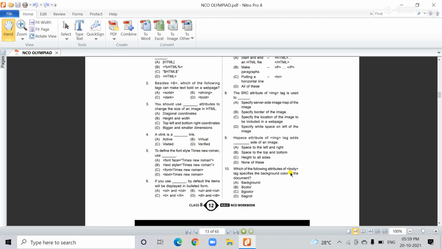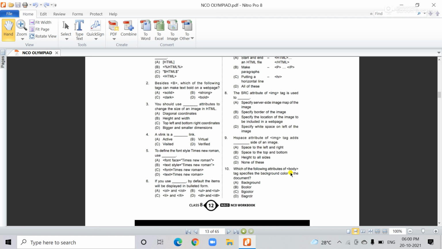BG stands for background, so it is not required to write the full word BACKGROUND. You use only bgcolor. Then use the equal to sign, and within quotation marks, suppose you want the background color to be pink, you write pink and close the tag. This is how you add a background color, using bgcolor.